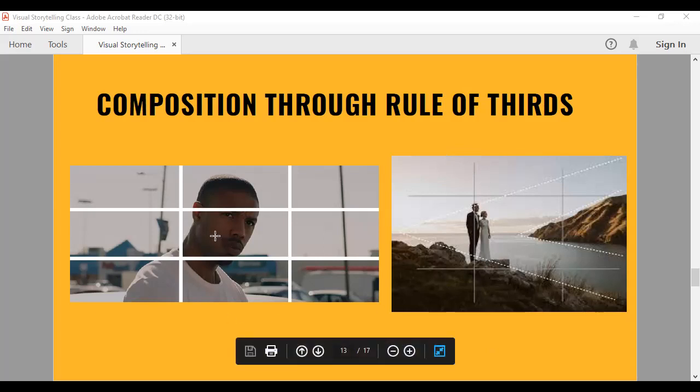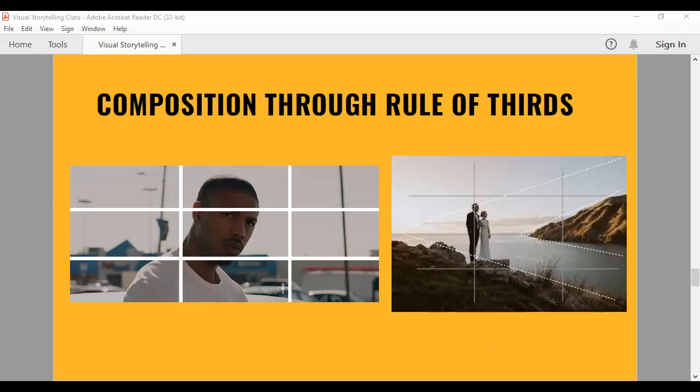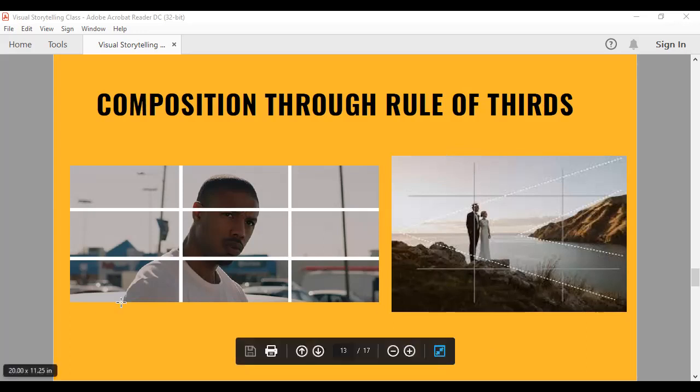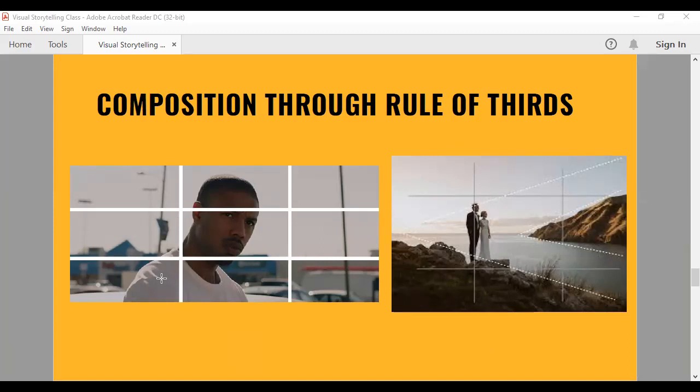Here with Michael B. Jordan, he's not necessarily in the center, but there's enough space for you to look at him and then see what's going on in the background, which is basically what the rule of thirds is about, putting it 1, 2, 3, right here on where those imaginary lines are. So when you're taking videos or films, obviously it's not going to be there physically. These are imaginary lines. So when you're taking a picture, you have to imagine this. When you're shooting a video, you have to imagine these lines. They're not going to be there physically. You imagine them,